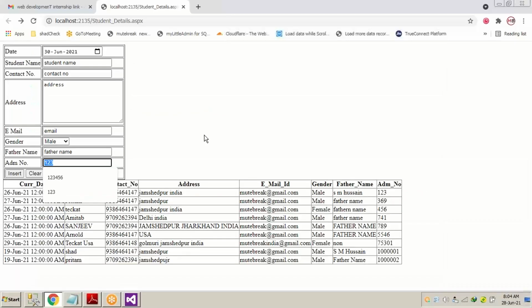Remember having the record as 93864, gender is male, father name, the student name. This is the admission number.